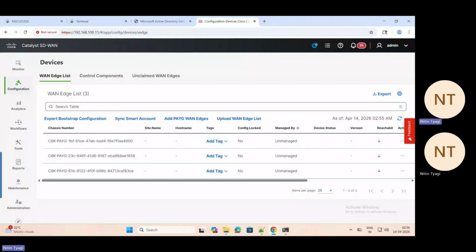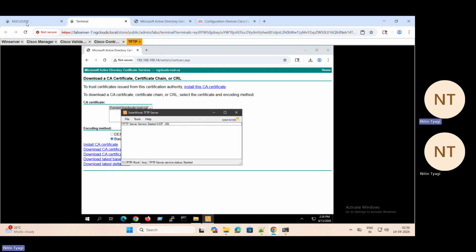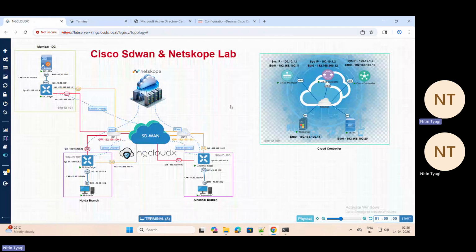Okay. So onboarding an 8K router or any SD-WAN router, there are a couple of ways now. One is the bootstrap method, where you generate the bootstrap file from the manager, right? And then you move it to your device. And then when you boot it up, right? So with the help of that bootstrap file, it gets the configuration and